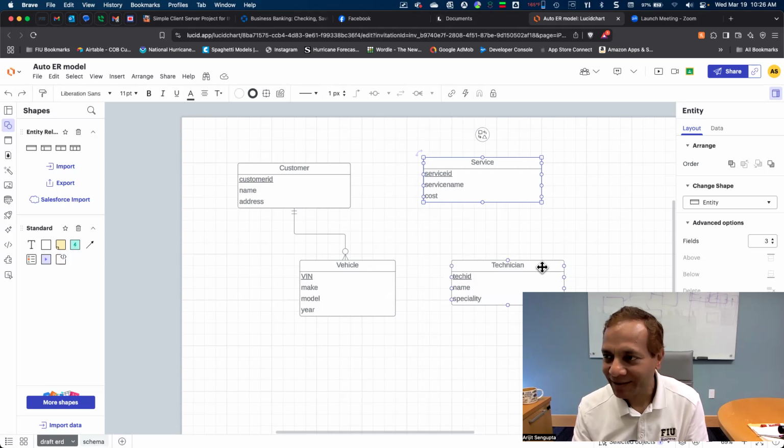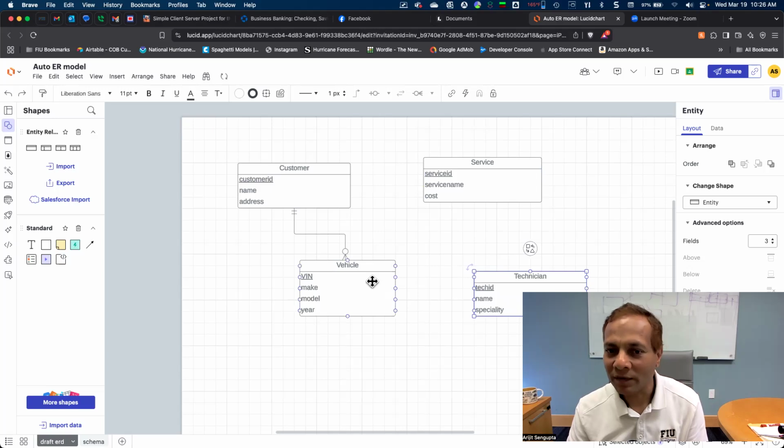So sometimes there is an interesting way. You have seen that in the readings, but basically you can create a ternary relationship, where you say that a technician provides a service to a vehicle. That way it is capturing all of them in one single relationship. That is kind of hard to draw in Lucidchart, but this is how I draw it. I first draw one of the relationships. So I'm going to go from vehicle to